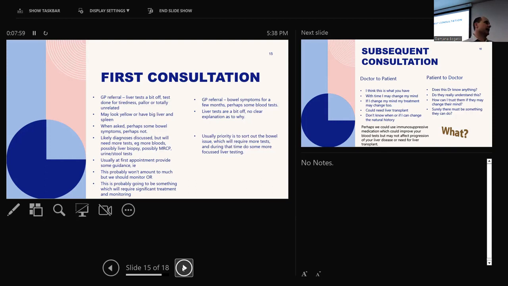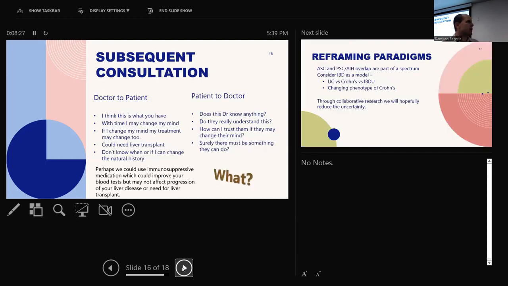Ultimately, this person might end up having inflammatory bowel disease and primary sclerosing cholangitis or overlap. But in that case, you might look at the priority as saying, well, let's perhaps sort out the bowel side of things first. We'll do some other tests to monitor and look at the liver side of things as well. So in my practice, this is how patients may come to me, and how this early diagnosis may go. So then once you've done the subsequent tests, once you've got all the information,